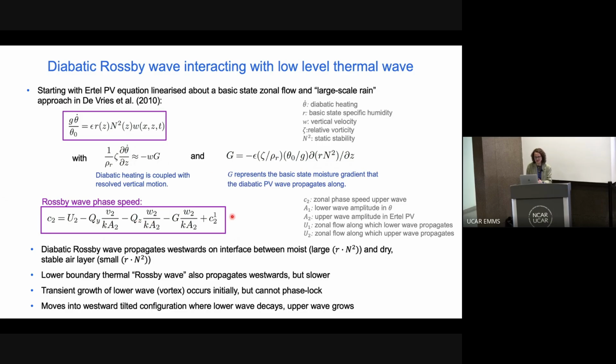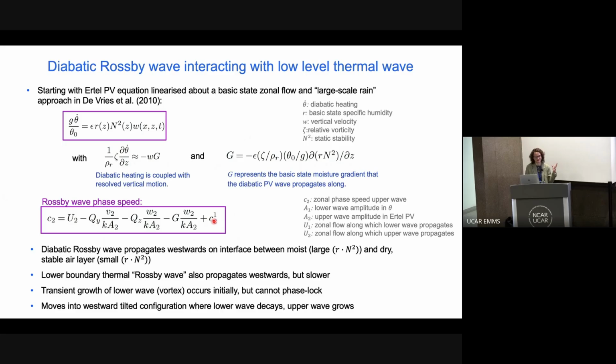G is the same as here, and this is the contribution from the lower level Rossby wave, as they're interacting with each other. And then once we had this, we estimated how they're propagating and how their propagation speed compared to what we've seen in the simulation. And we've seen basically what we just saw in the snapshots a couple of slides previously,